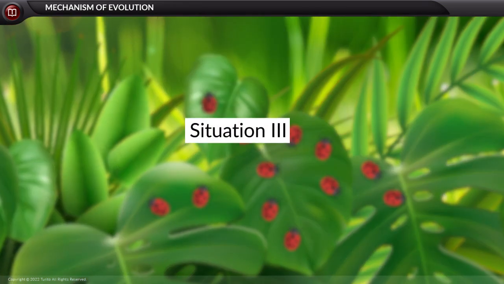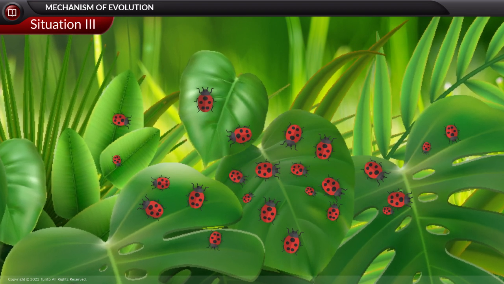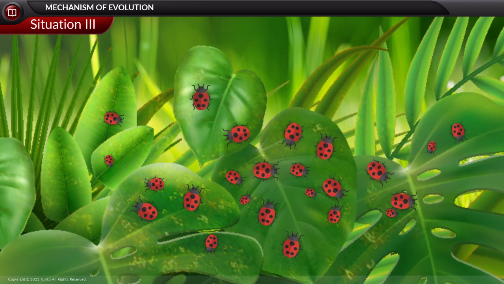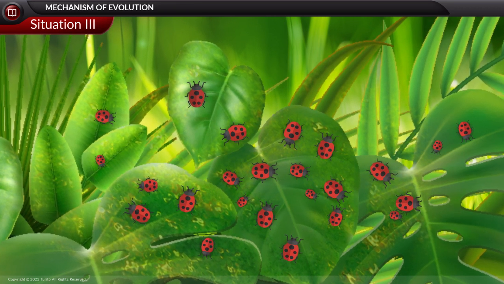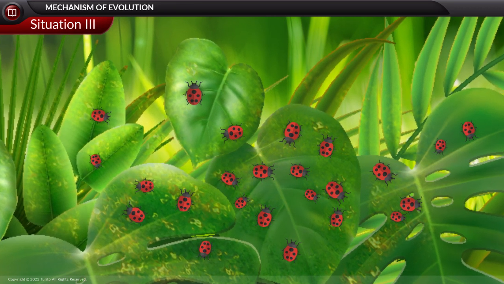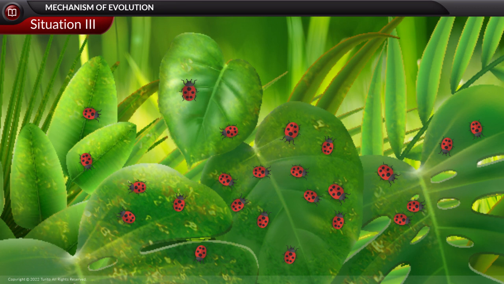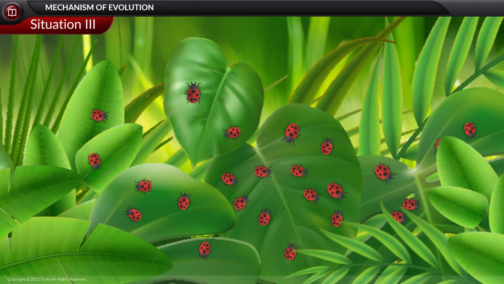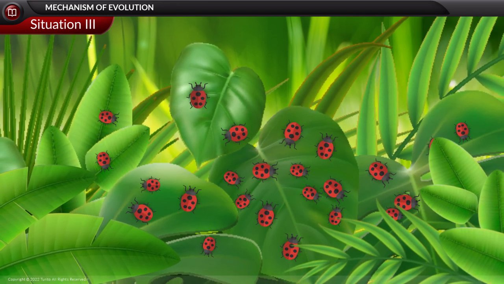Let us discuss the third situation. As the original red beetle population starts expanding by sexual reproduction, a plant disease spreads, resulting in decreasing the amount of leaf material in the bushes. Expanding population of beetles is now poorly nourished. Consequently, the average weight of newly produced beetles decreases compared to what it used to be. After some time, the plant disease is eliminated and more leaves of bushes are available as food for the beetle. So, the average weight of the beetles would again increase.